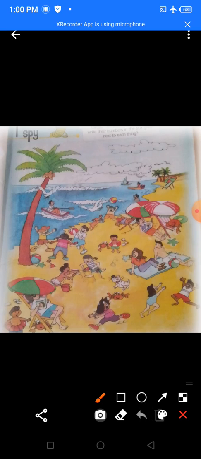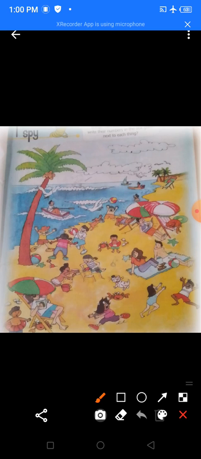And then now you have to look at the boats. Now how many boats are there here? Can you count? Now where are the boats? Where do boats run or where do boats swim? Where do the boats float? Here in the water. A boat doesn't swim on land, no? So here 1, 2 and 3. In all there are 3 boats. Very nice. Now write in the box beside boat 3.